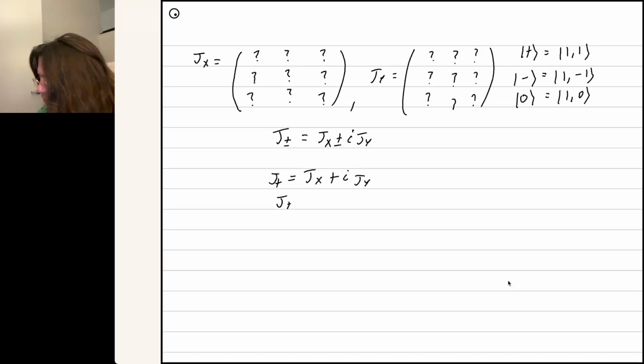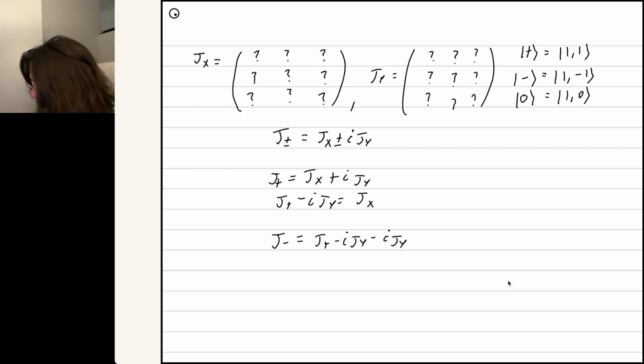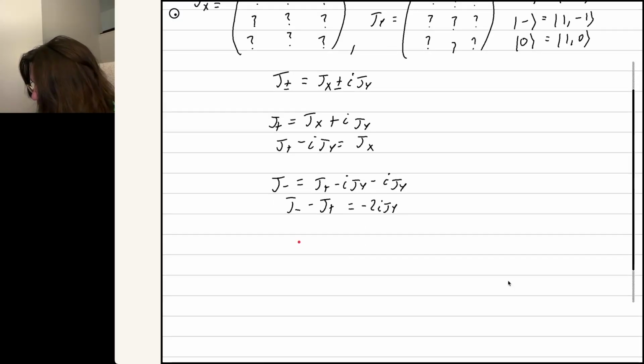Solve for Jx: Jx is equal to J plus minus iJy, and then plug that into the J minus equation, which will read J plus minus iJy minus iJy then, which means, let's just move this to the other side. J minus minus J plus is equal to minus 2iJy,